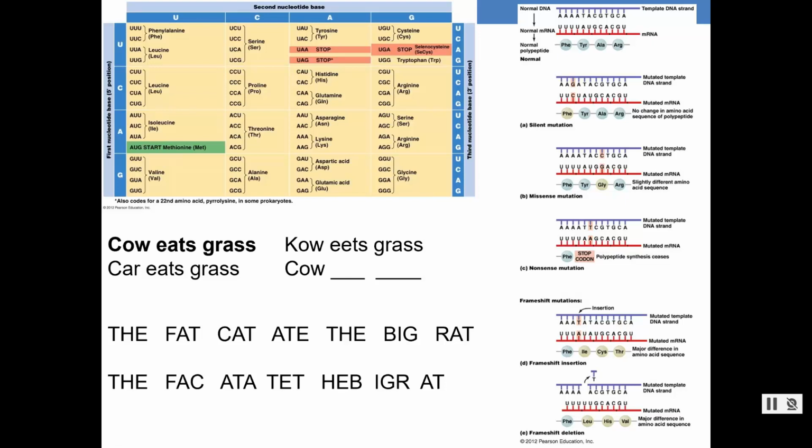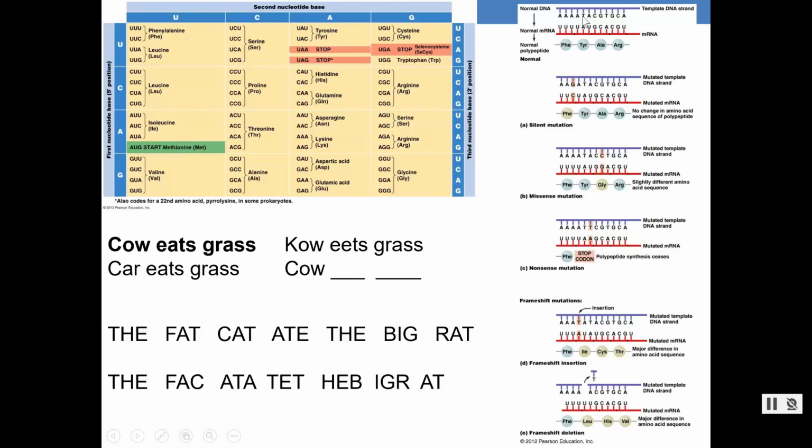Let's say there's a mutation in this. So instead of the DNA sequence AAA, you end up with a substitution, and now instead of AAA, it becomes AAG. We're going to look at substitutions and how they may affect the phenotype. The genotype is changed, I have a different nucleotide here, so I have a different genotype. Let's see if that affects the phenotype.